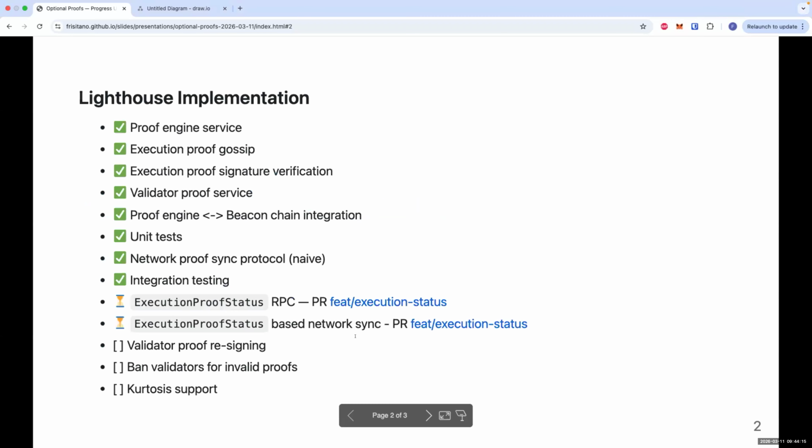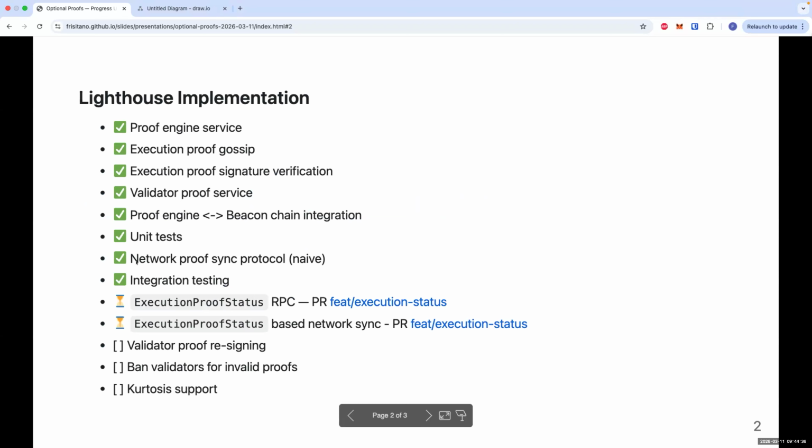So I've been working on the Lighthouse implementation. In regards to feature completeness, we've got the core features implemented. So proof validity, using this concept of the proof engine, which I introduced in the last call.